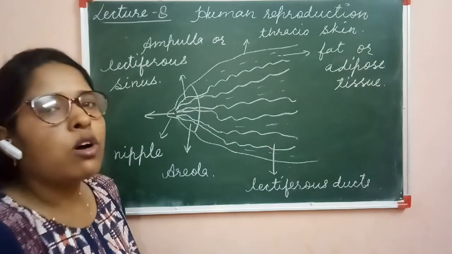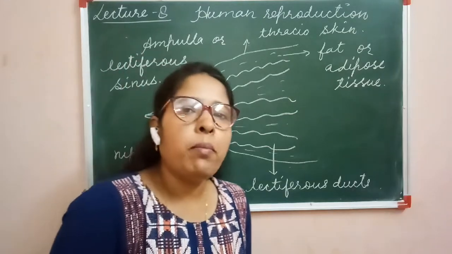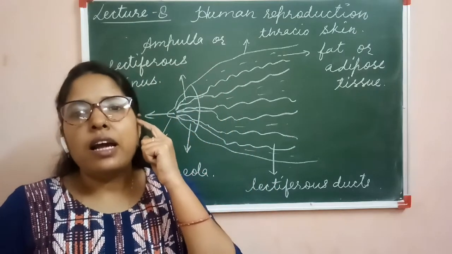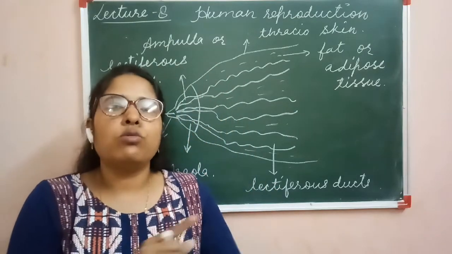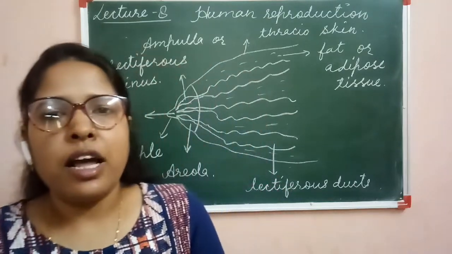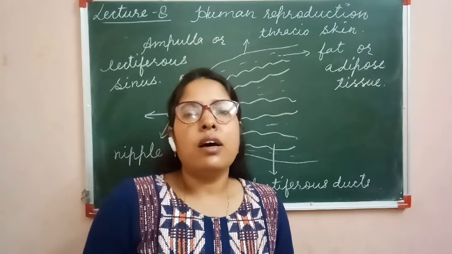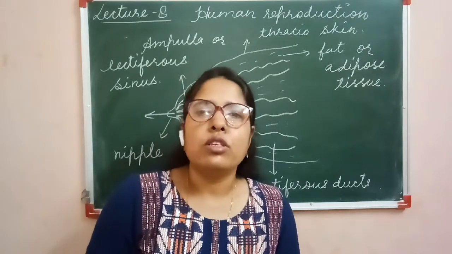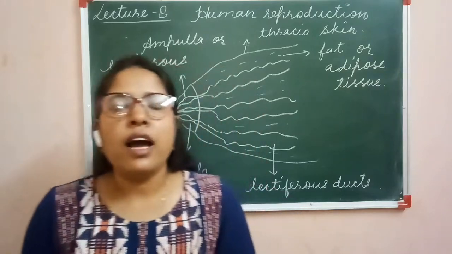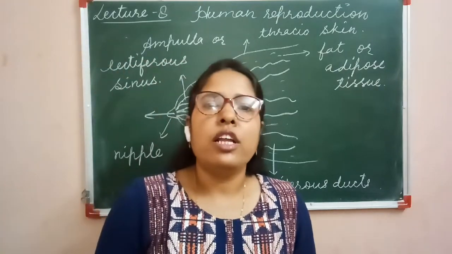The homologous organ present in human males and females is the clitoris. Questions about this come in the exam. Clitoris is homologous to the human male penis. Okay. In females the clitoris and in human males the penis are homologous to each other. Clear? So this is all about the female external genitalia and the female reproductive glands.